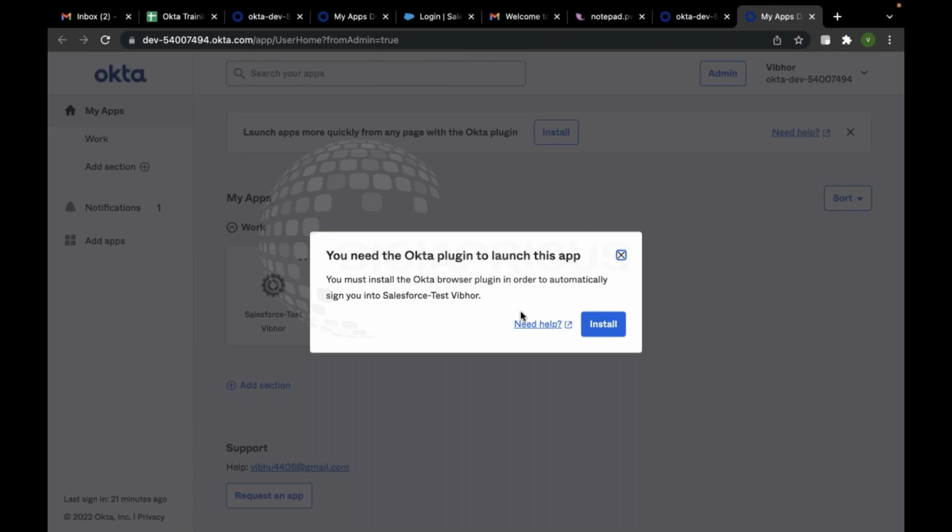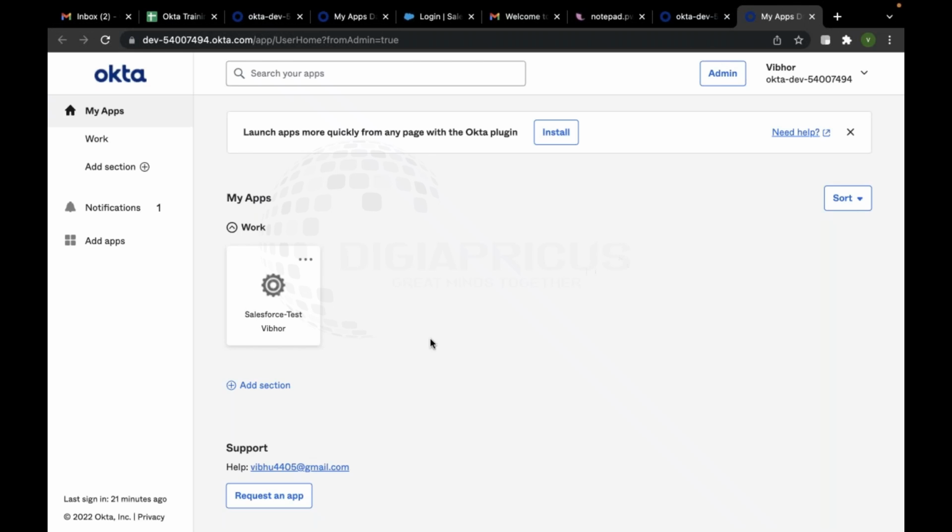Now I was being asked my credentials, right? So I entered my credentials, but still it could not do anything, because this Okta browser plugin is actually going to store my credentials using the AES 256 encryption algorithm. So my credentials are going to be encrypted in a secure format and saved in the Okta browser plugin. Now the moment you launch the application from this page, you hit the application, you will be redirected to the Salesforce page, and over there you will see that your username and password are auto populated,